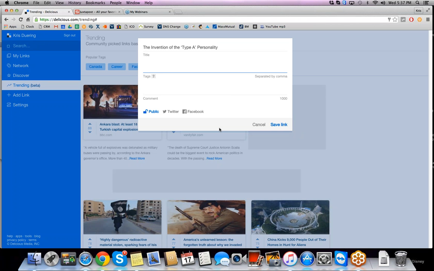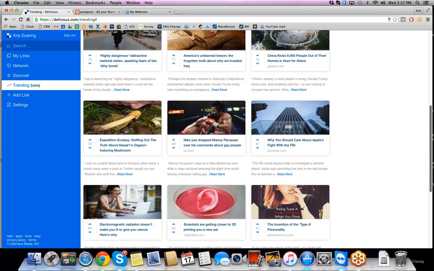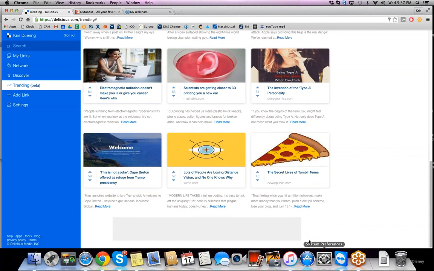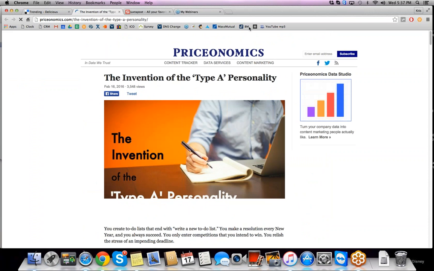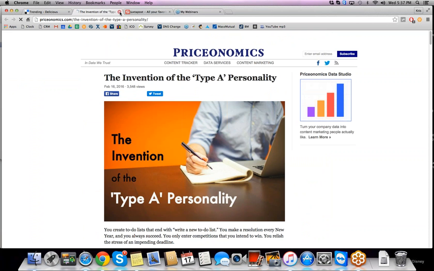So I can put in a specific tag, I can put in a comment, I can share it to Twitter or Facebook, and then save the link, or I can just cancel it here in this case because I don't really want to save that one. But you can kind of see that is what we're talking about. And these all have, you'll notice, read more. So there's a link that takes me right to their site where I can actually read the full article